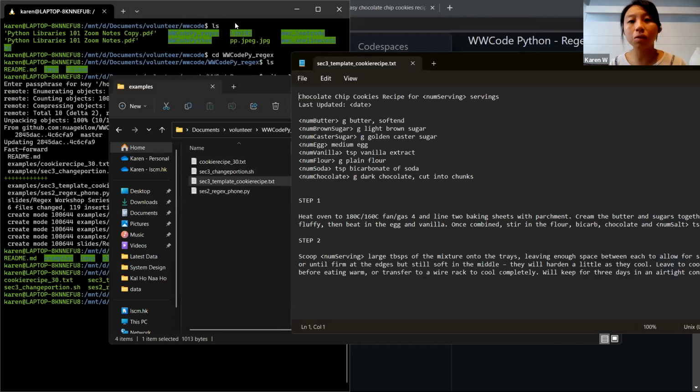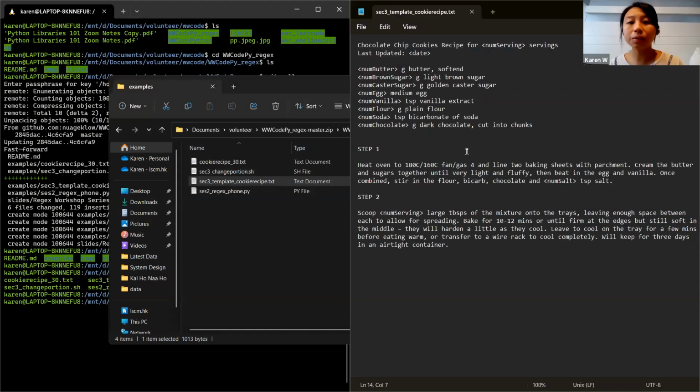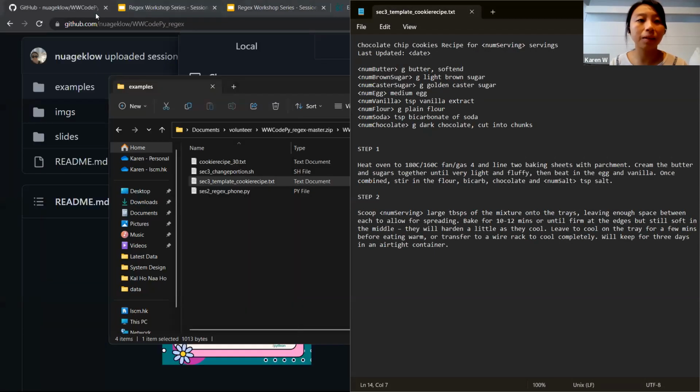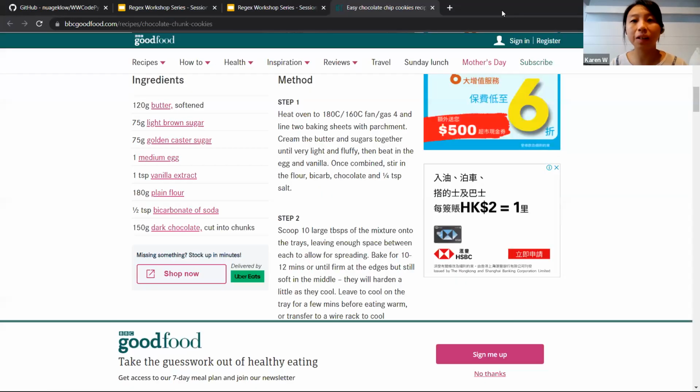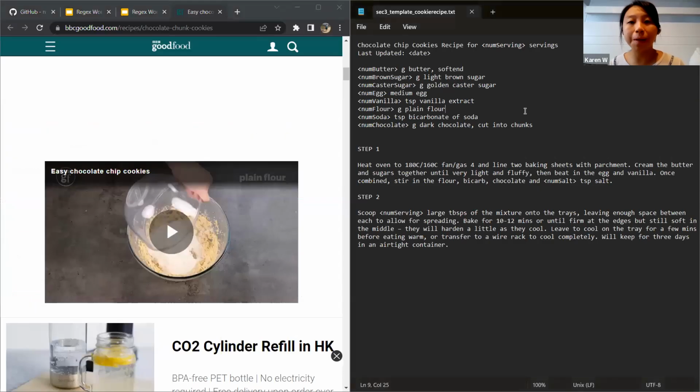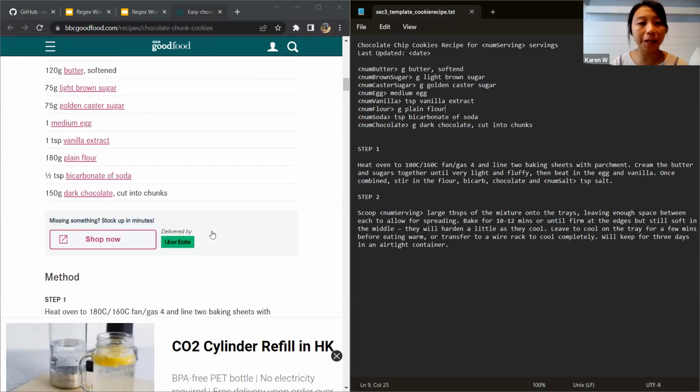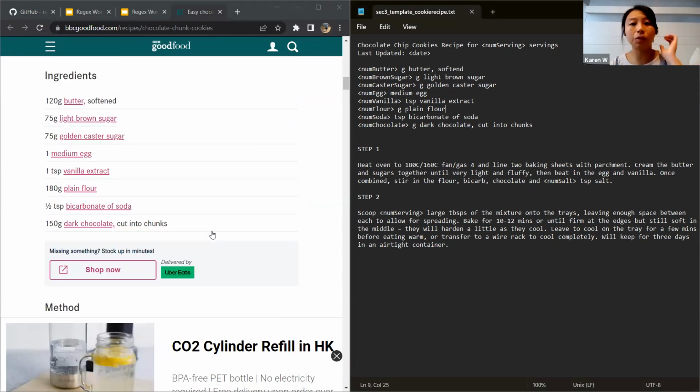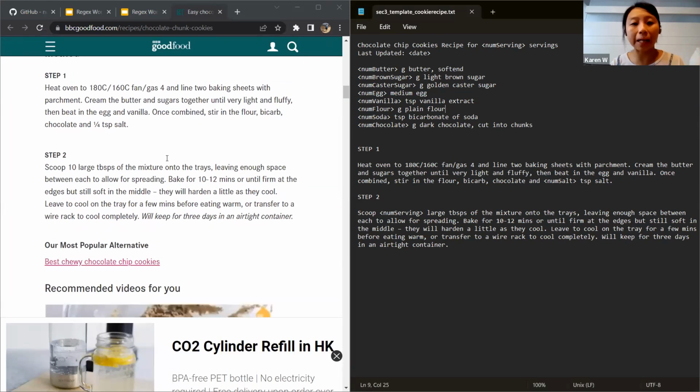There we go. So this is the recipe. I'm gonna put a BBC here. This is the recipe I copied and pasted from the website. I copied the ingredients and the methods that you need to follow. It's very simple, very straightforward.